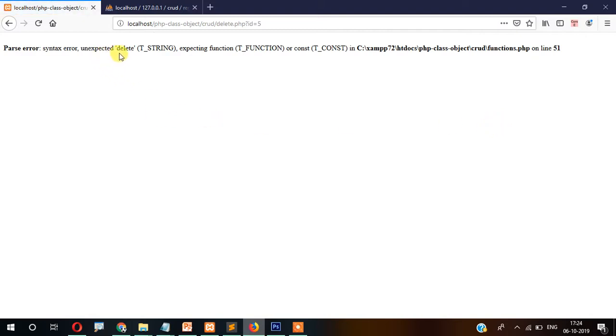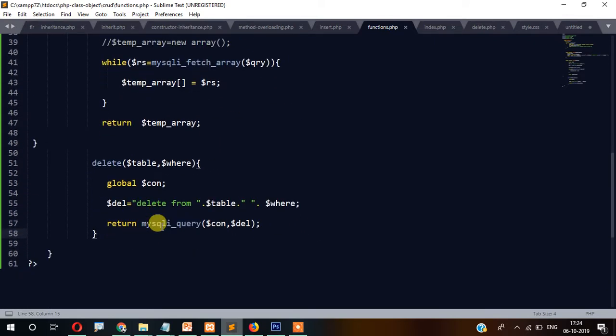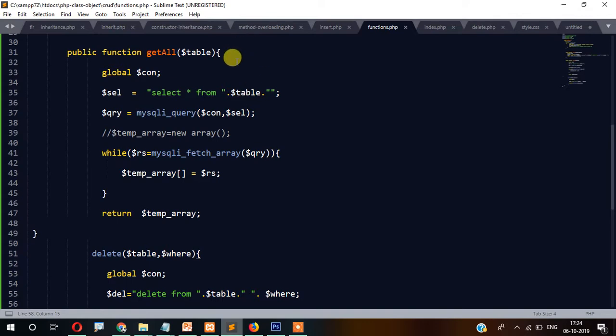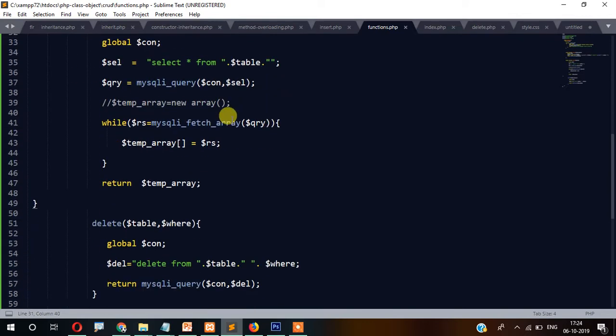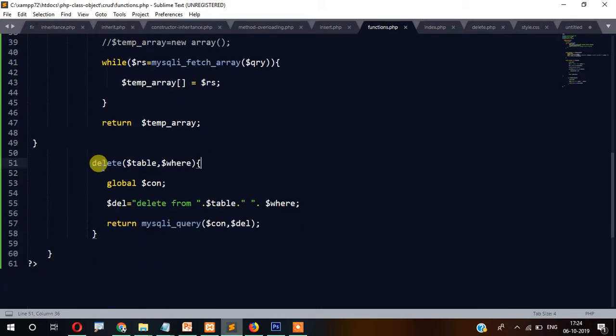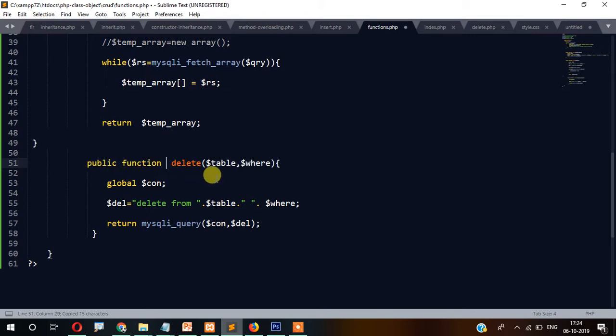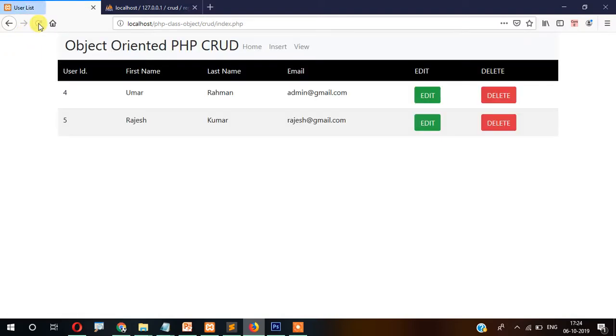Unexpected delete, line number 51, function start PHP. Sorry guys, we need to provide public function here, public function delete. Okay, that's fine, and the data should be deleted,